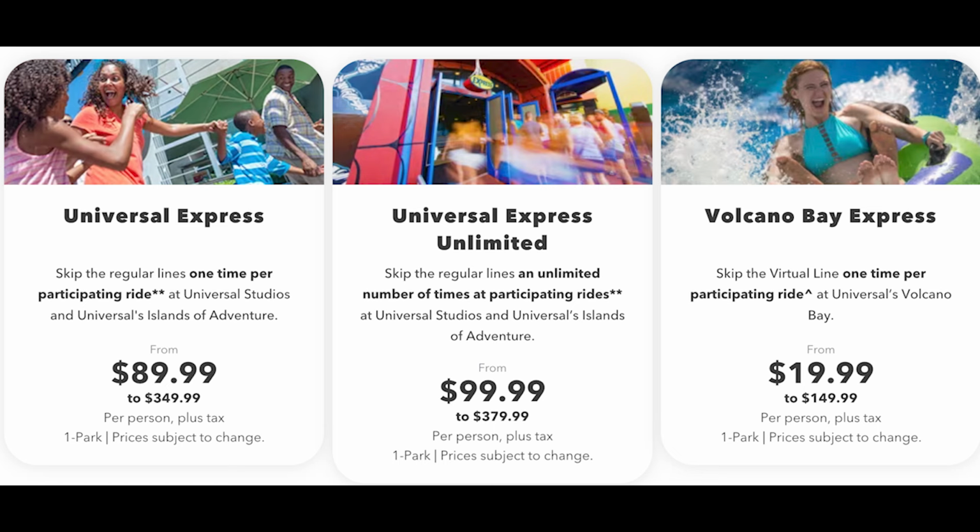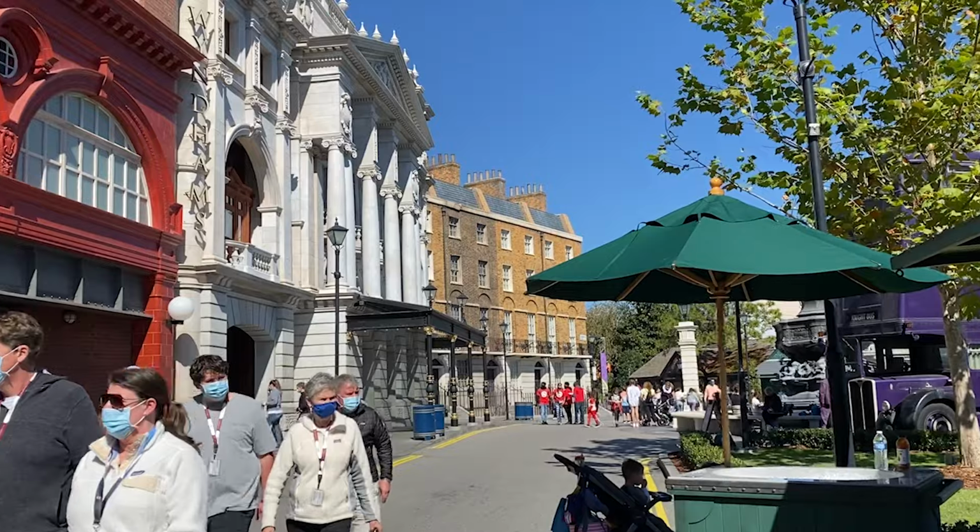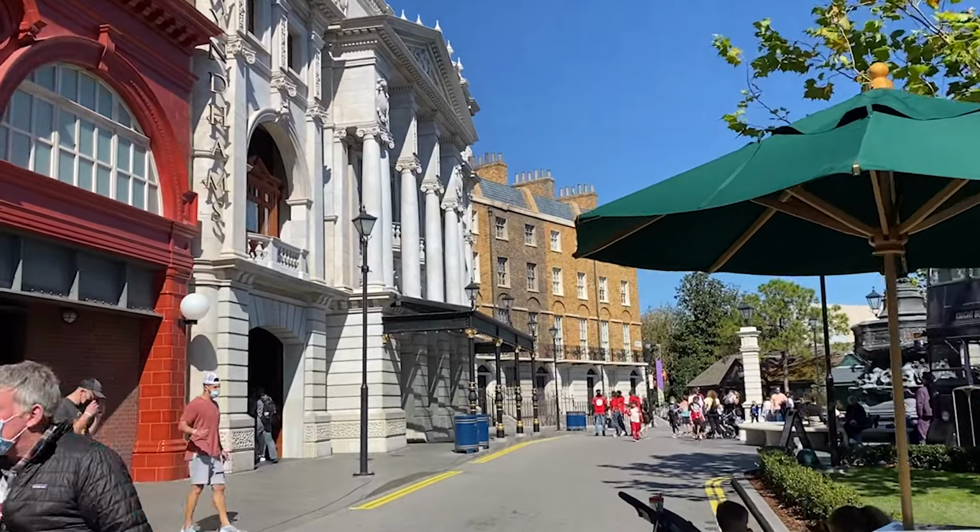And then it's also important to understand that Universal does have a separate Express Pass for Volcano Bay, which is an additional cost. And of course, just like we said, it does give you access to skip the regular lines at most attractions, but there are two rides that do not include the Universal Express Pass in the regular parks,